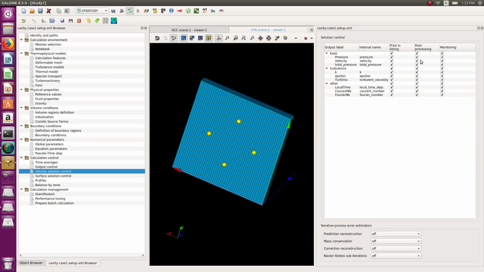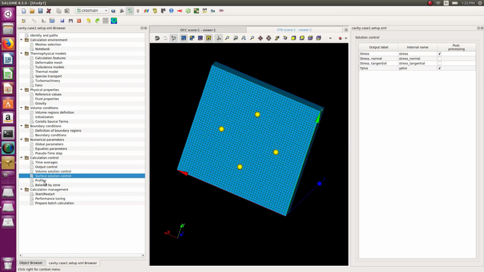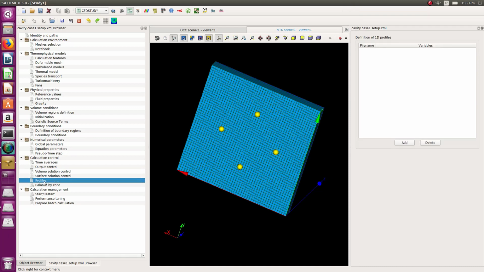So I've also searched for a long time to find where this monitoring is, and finally it was hidden by the menu. So in case you don't know, I'm just telling you. Okay, now let's